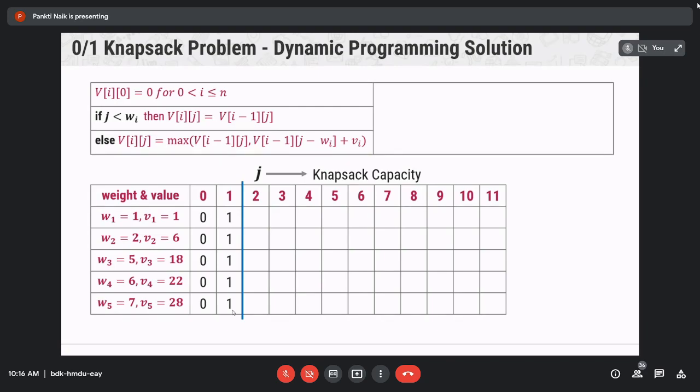Done? Yes, ma'am. Okay. Now next is V12, the first row and second column.